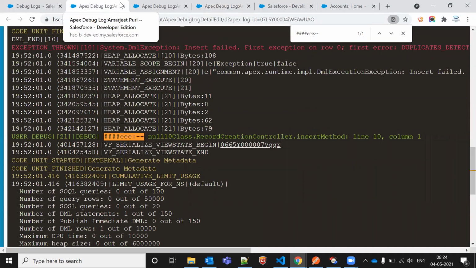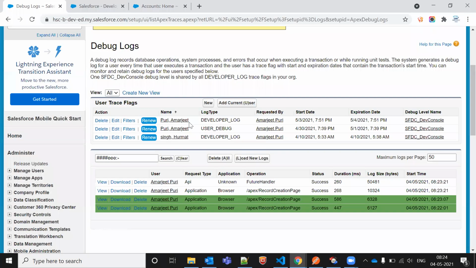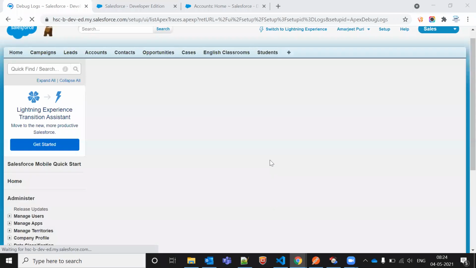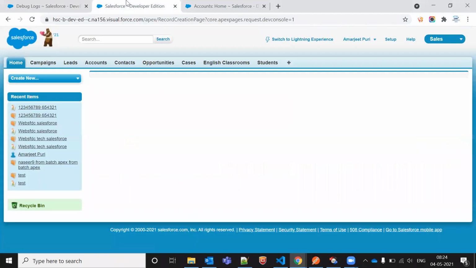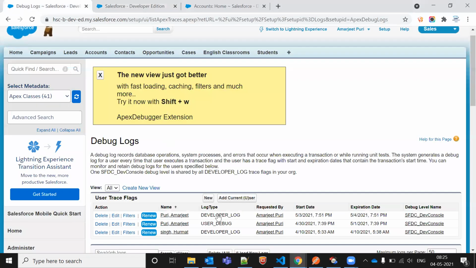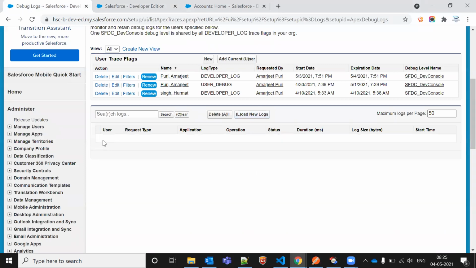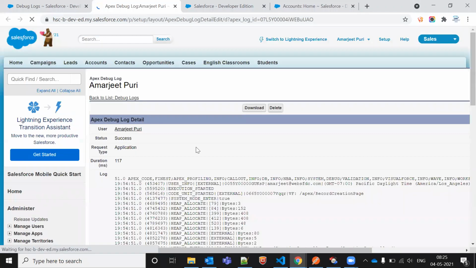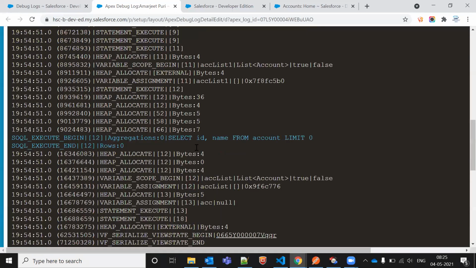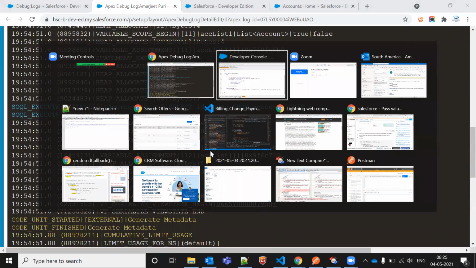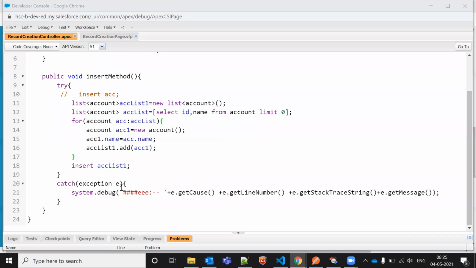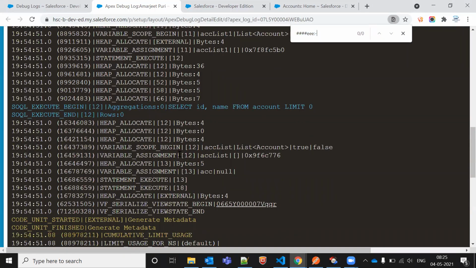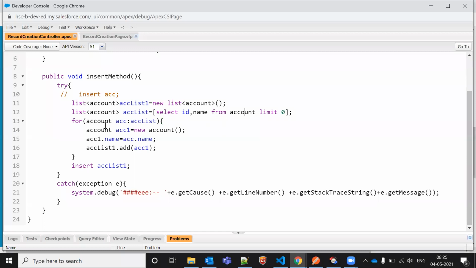Every time it is loading now, so let me delete all the logs. It is not showing anything, not even an error message.